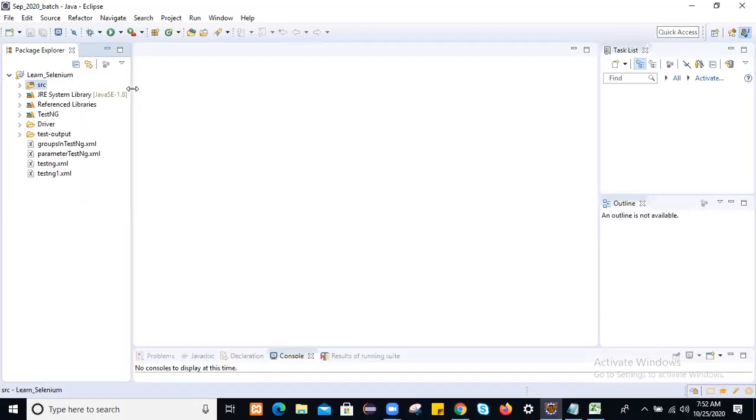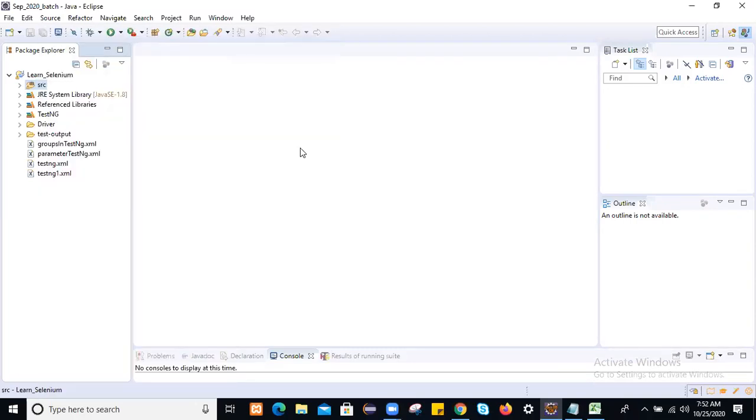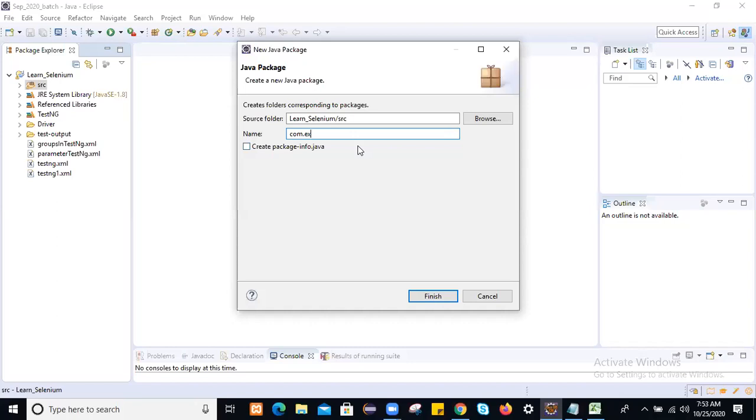It's opening the browser. Let it be. Let me create one package here. Right click on this src, new, and I will create a package, com.excel data read and write.